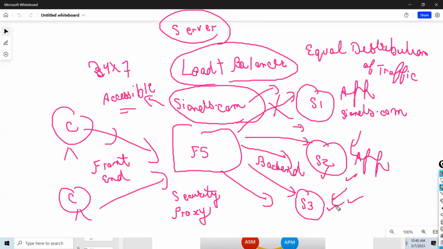So the client believes that he is connected to an actual server, but he does not know. But the load balancer will connect to your server and provide you an application. Because there are a lot of requests that can come from the internet, right? One server cannot handle that. So that is called load balancer.